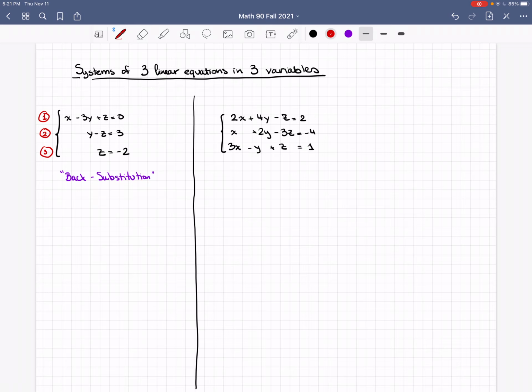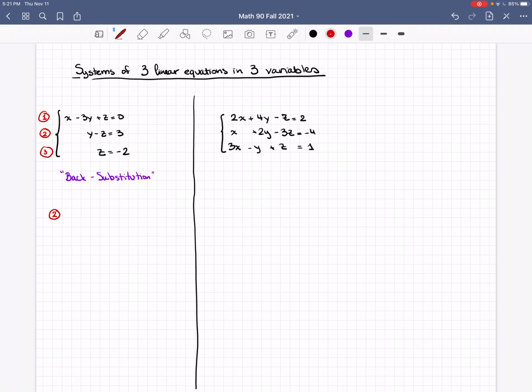We look at the third equation, and the third equation tells us z is equal to -2. Now that we know z, we're going to take that and we're going to plug it into the second equation to solve for y. At that point, we will know both y and z, and we will plug that into the first equation to also get x. So let's do it. Looking at equation 2,